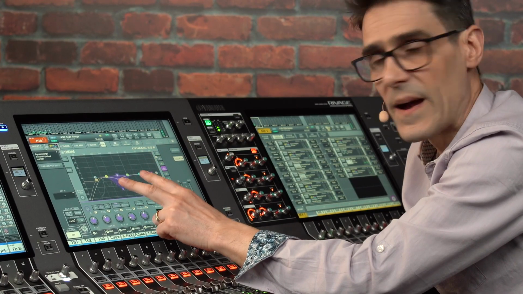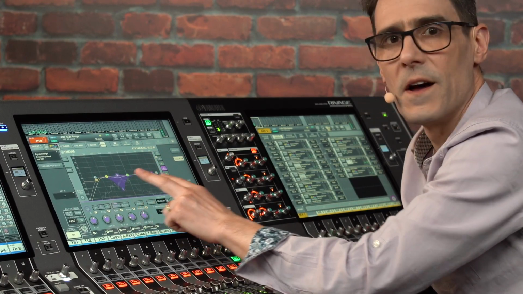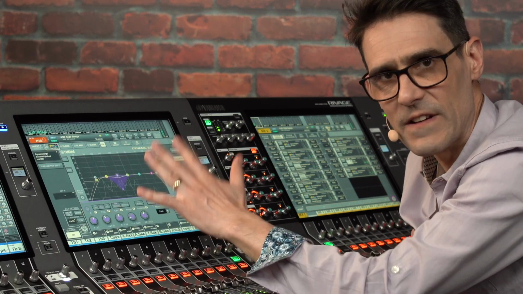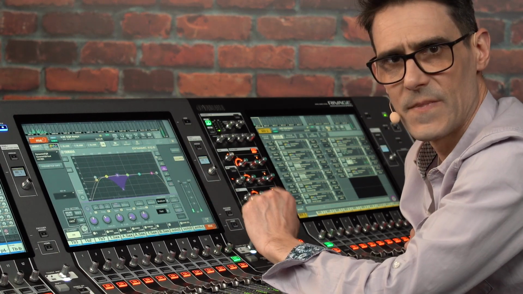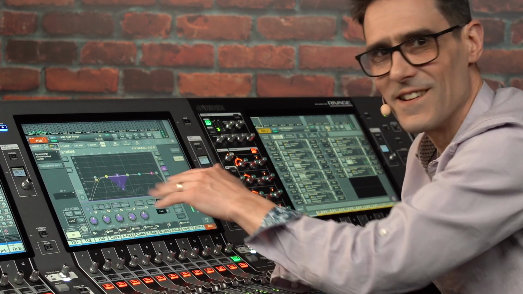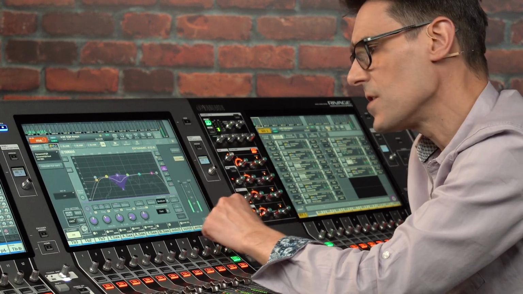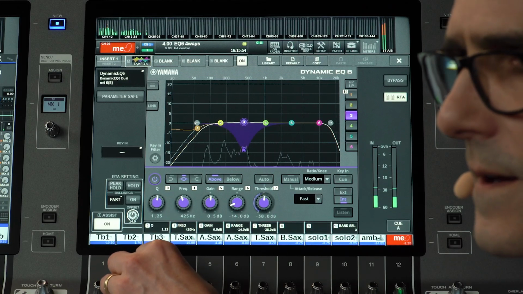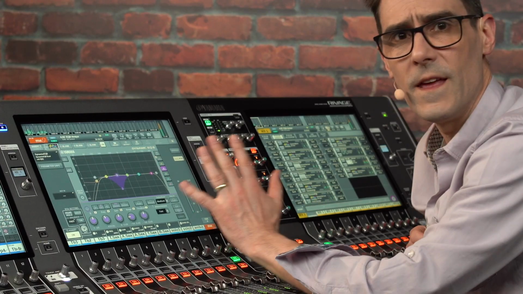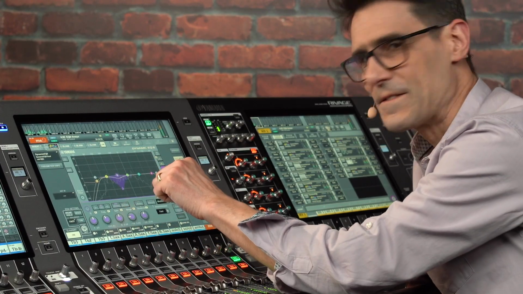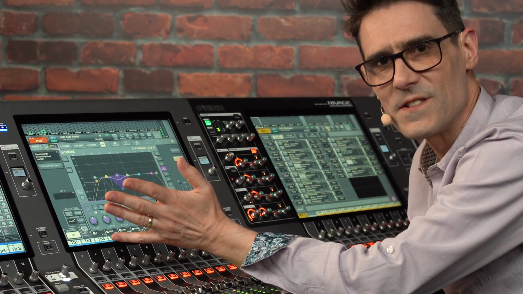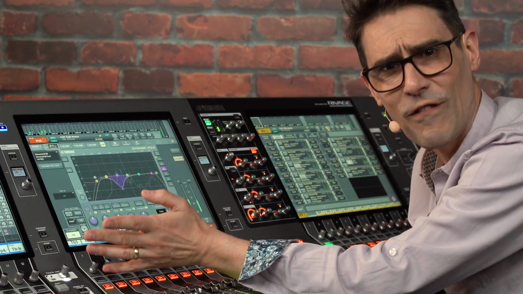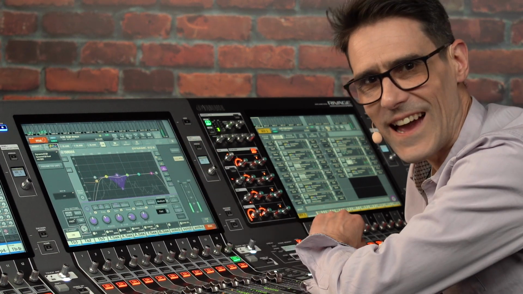Notice that the width of the band cannot be adjusted by pinching like it can on a regular channel EQ. That's to avoid mishitting with adjacent bands. I'll show you another way to adjust the Q in a moment. If you prefer not to have to drag the range before adjusting the gain, it's no problem. There's a setting for that.